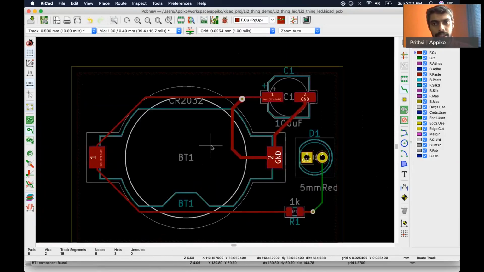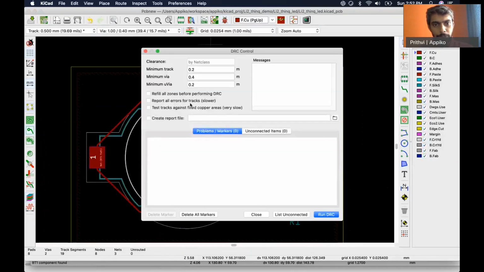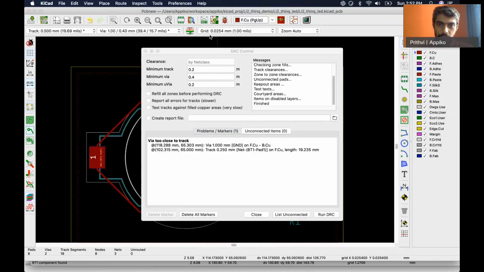So for this, there is something called a design rule check in most PCB designing software, which in KiCad is the DRC control. Here you can enter the minimum track width, via width, minimum micro via, and all of this, and you can run it and see if there are any issues.